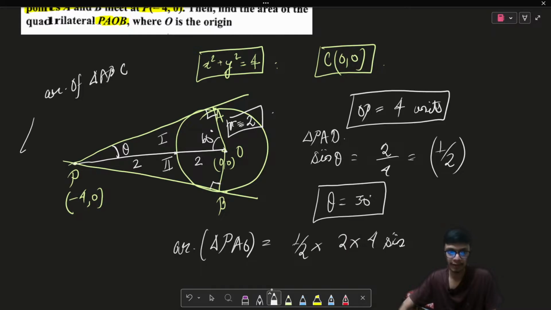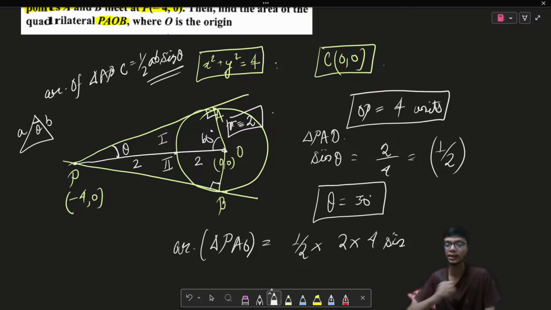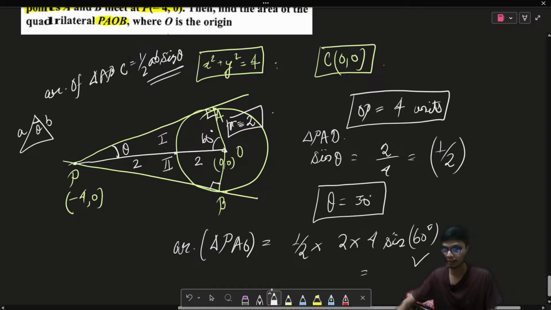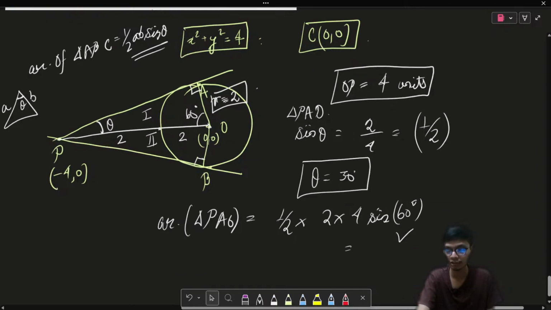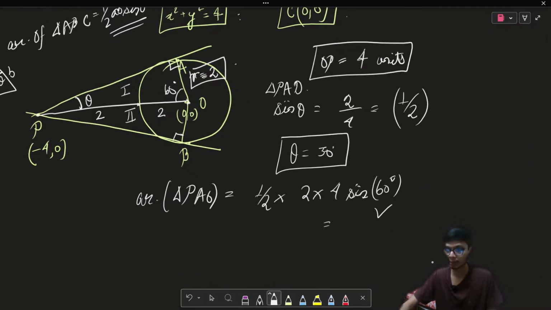So if I have a triangle ABC, let us say I know the two sides of the triangle and the angle between them, then the area is basically half into A into B into sine of theta. That is the area of the triangle. So I'm applying that particular formula over here. Since I know the side lengths OP and OA, I am applying the angle between OA and OP, right? So from here I will obtain the area of this triangle to come out as something